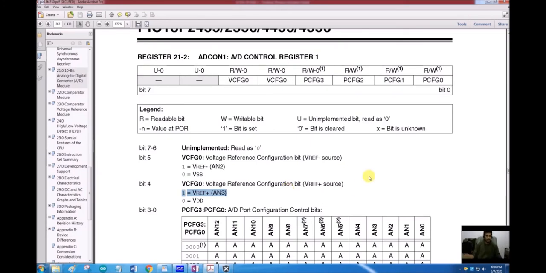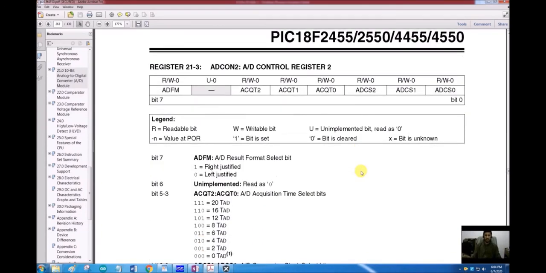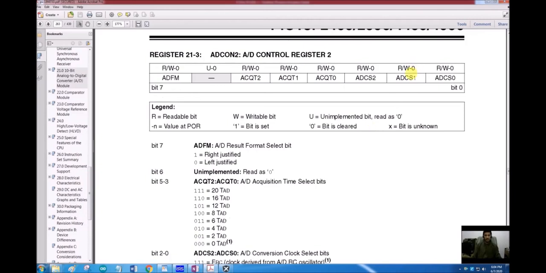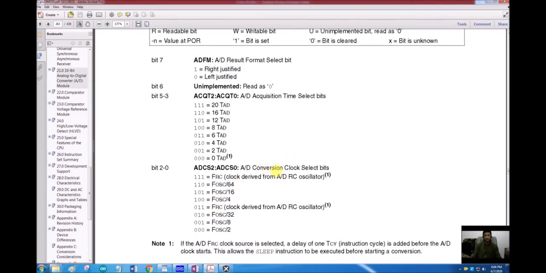So the ADCON1 register is complete, and finally we have the ADCON2 register. Starting with bit 0 of the ADCON2 register, we have these 3 bits, ADCS0 to ADCS2, that is the analog to digital conversion clock select bits. How much time we want to give to the ADC to convert our analog value to the digital value, we can choose between different options.